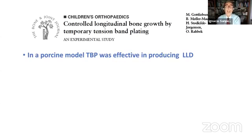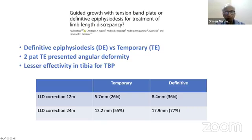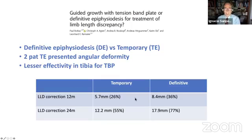The group of Arrows showed that tension band plating is effective in controlling growth in a porcine model. And there have been a number of studies that compared percutaneous epiphysiodesis versus tension band plating. One of them, the Borba study, showed that with the temporary system using tension band plating, an inhibition of only 26% was observed at 12 months versus 36% with the definitive. And when you look at 24 months, there was still a difference between temporary and definitive,